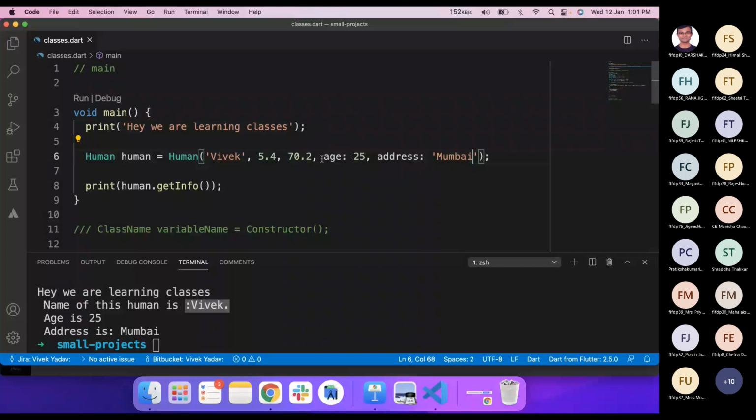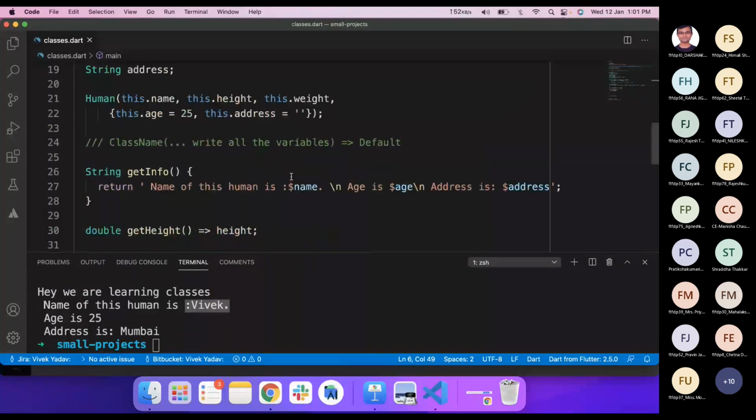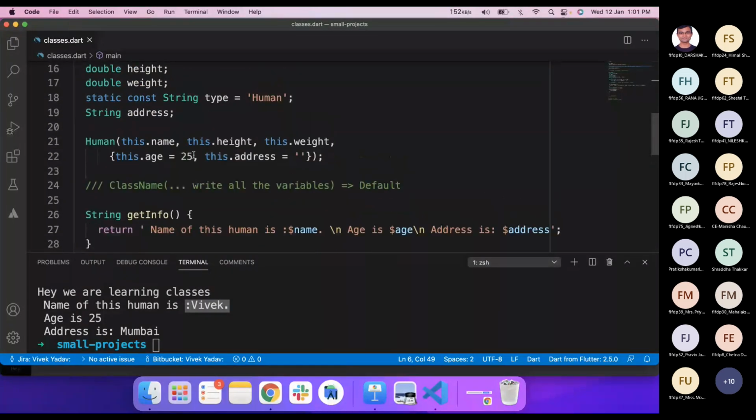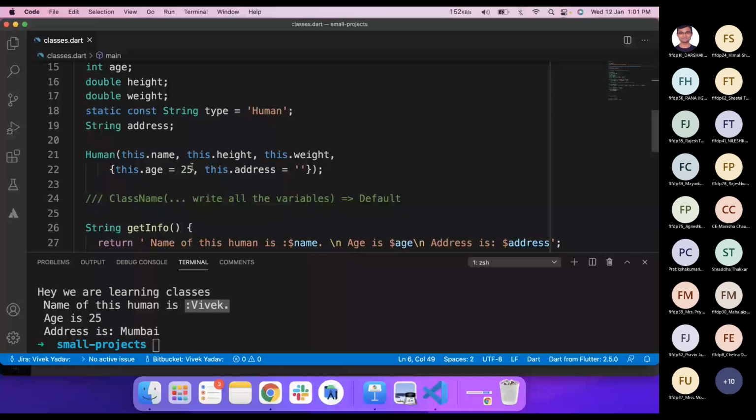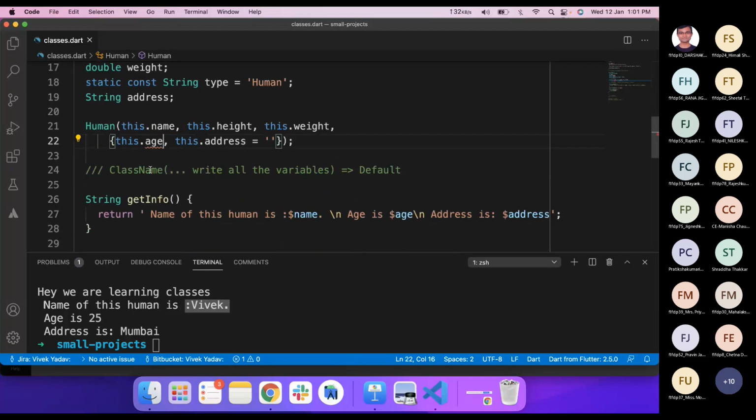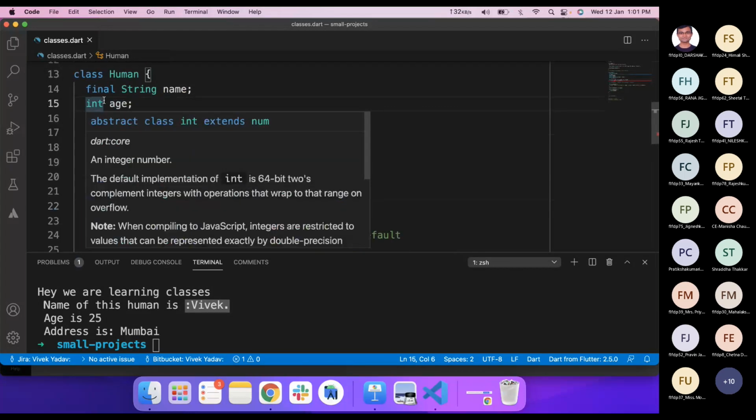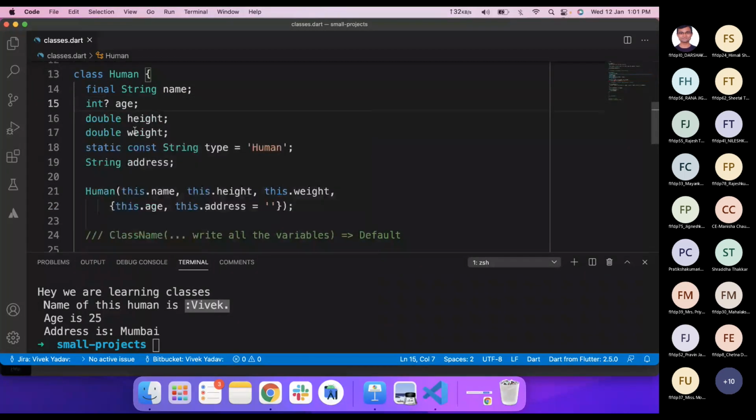Now let's do another thing. You can see that we have passed this default value. Let's take a case where there is no default value. For example, for age, there should be no default value, right? Every human has a different age. So what we can do is remove this default value here, and make this age optional, as nullable.